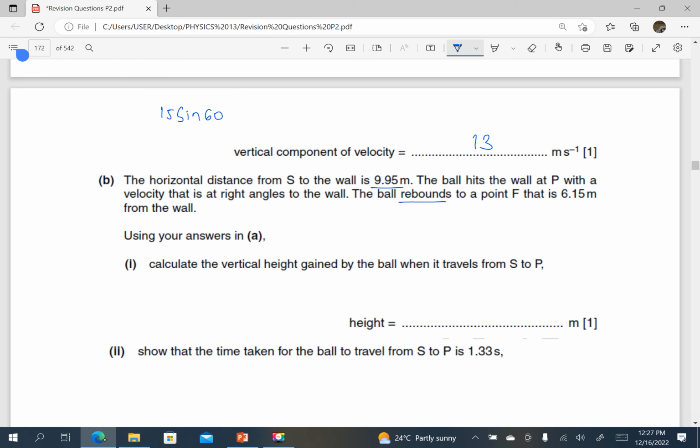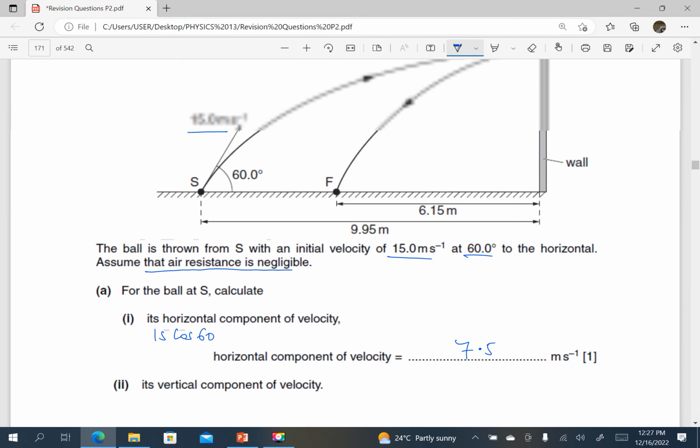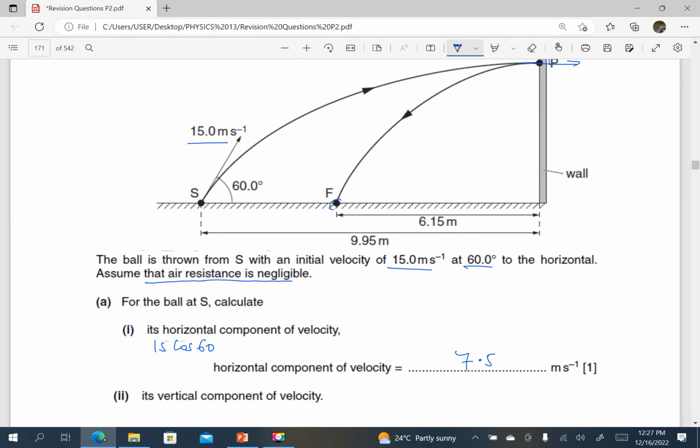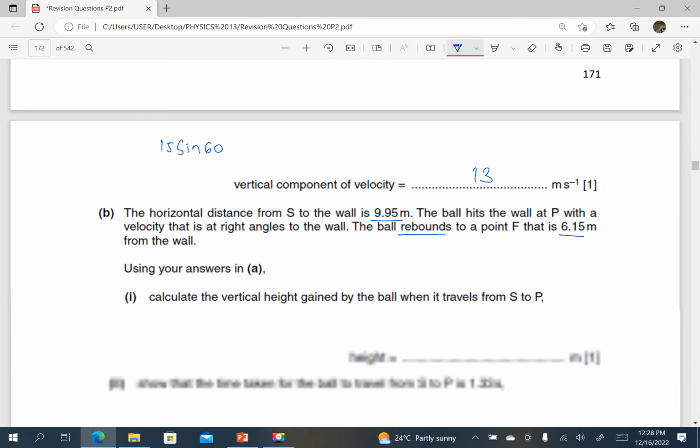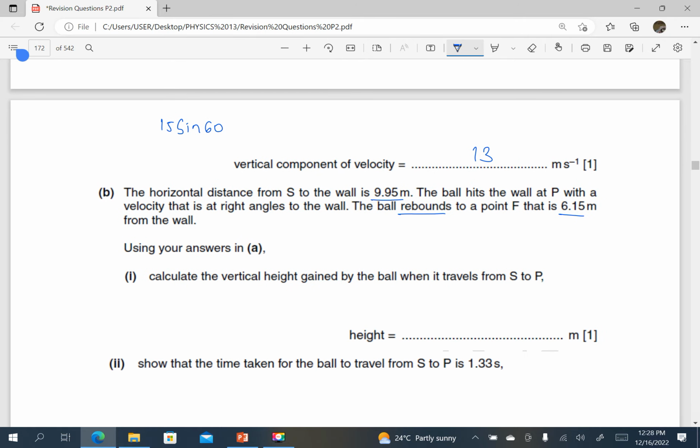The ball rebounds to a point F that is 6.15 meters from the wall. Remember, it will be falling through the same vertical height. That means the time it has taken to reach P is going to be the same time it is taking to fall back to F. Since time is a scalar and it is falling through the same vertical height, it is going to be the same time. Okay? Using your answers in A, calculate the vertical height gained by the ball